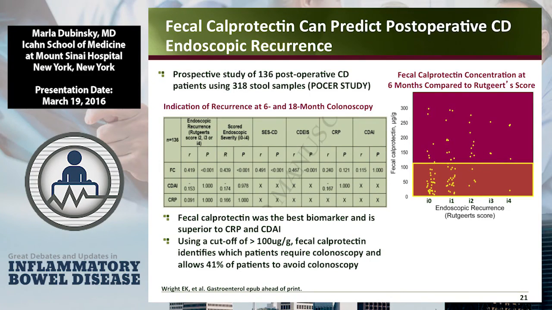This was even in the post-op setting. They showed that calprotectin predicted the Rutgers score that Fernando will talk about in the post-op setting. They showed that calprotectin correlated with the Rutgers score. So calprotectin may be a way of telling you whether your patient post-op has a recurrence, meaning a Rutgers 2 or above, or a 3 or a 4, which Fernando will show you what that score system means. But they even went so bold as to say that maybe if you have a normal calpro, you don't need your 6-month colonoscopy in a post-op patient.